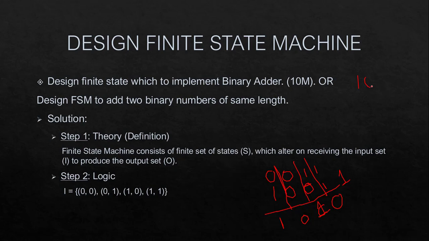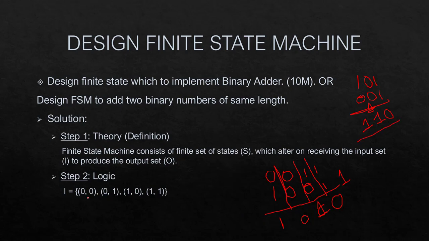Let us take an example. If we have to add 101 with 001, the addition of 1, 1 will generate 0 and carry 1. 0, 0 will add up to 0, then that 0 will get added with the carry 1, so we get the answer as 1. Finally, 1, 0 will not have any carry generated from the previous addition, so we add 1, 0 and get the output as 1. The result is 1, 1, 0.